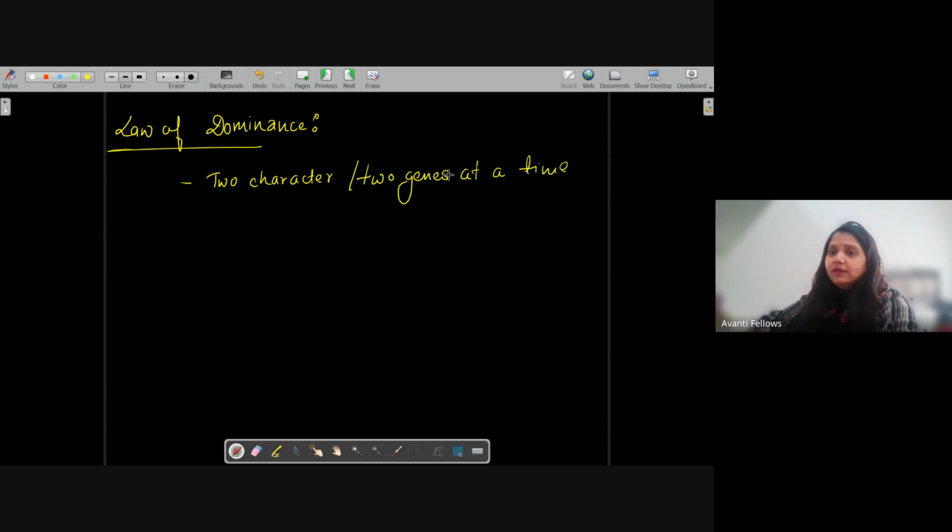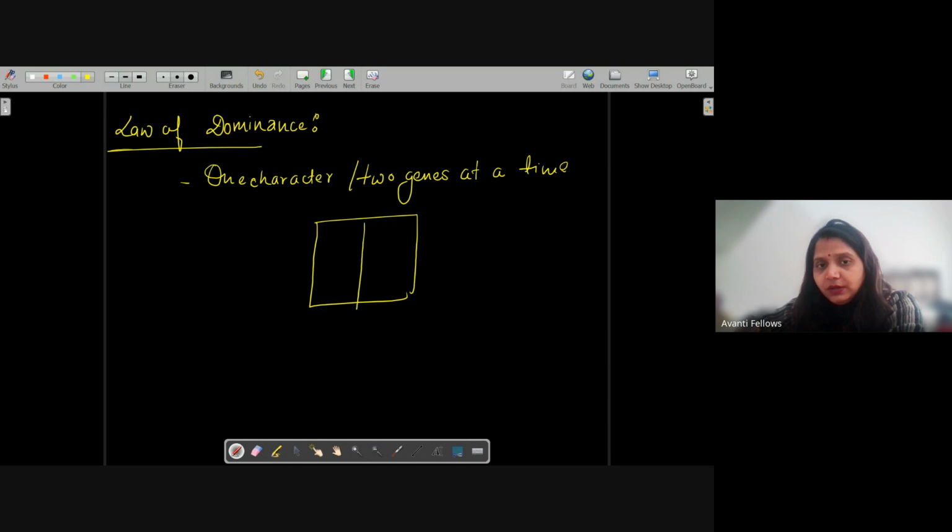What I wanted to say is that we take one character at a time. What does that mean? If we are making a cross between a tall plant and a small plant, which in biological terms is called dwarf, if we make a cross between a tall plant and a dwarf plant,